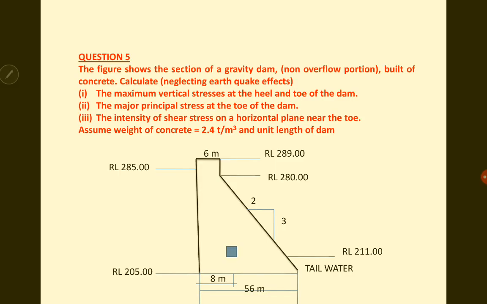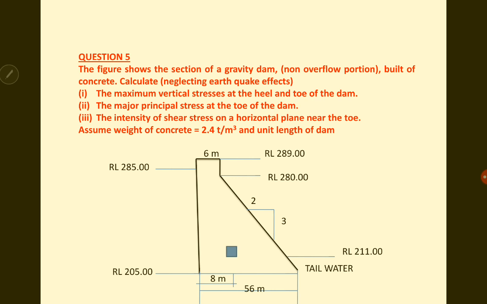So the first step here is, please take a screenshot of this question. In this question, they have given us the profile of this dam. Okay, so what is the profile of this dam? You have the base width as 56 meters, the top width as 6 meters, the water levels at the tail and the upstream level are given, and the bottom level of the dam is also given, the slope is given, there is a drainage gallery at 8 meter. These are the basic parameters or the basic considerations about the profile of the dam.